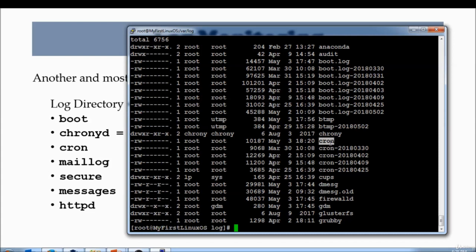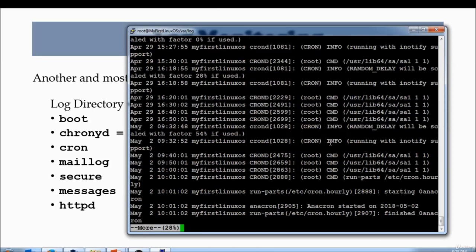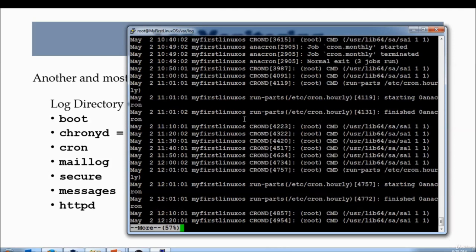The next one I wanted to cover is the cron log, which is right here. Whenever you schedule a job or a process through a crontab entry, it generates some kind of activity, and that record is logged into this file. So you could do more on cron and you will see all the information about the cron. And by the way, whenever you open up a log file, the first is the month, second is the date, time, the name of your host name, the daemon, which is crond, and the process ID associated with that daemon, the user who's running that, and the command or the entry that has been associated with that cron. Moving on,